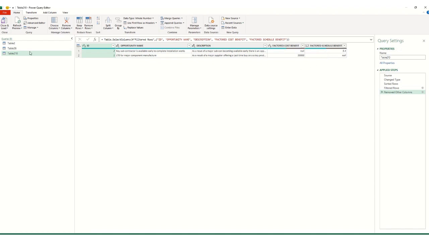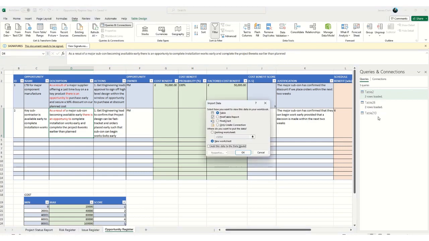Okay, so now if I close and load, be careful to use close and load to. So I go up to the title bar, close and load, and I click on the arrow here, close and load to. Now on this field here, it's going to ask me where I want to put the data. So if I select